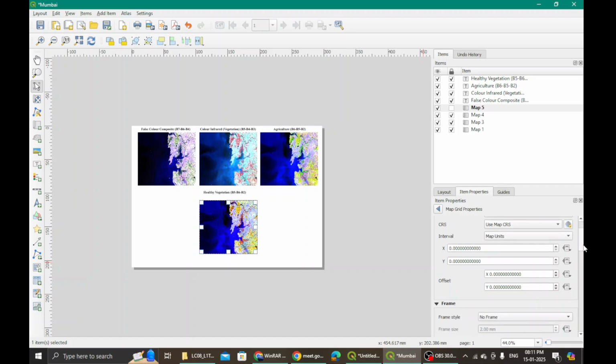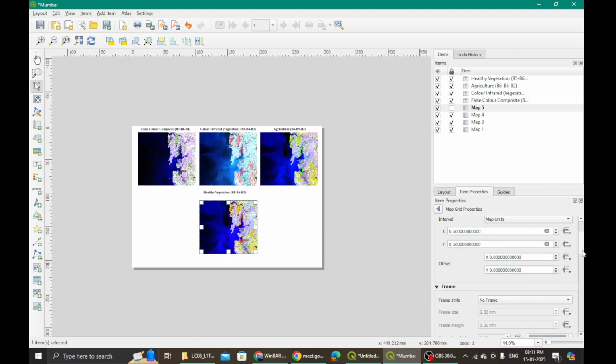And the interval will be, let's say, x is not 1 degree, maybe 35.5 degree. And here also 0.5 degree. I can change it later. Definitely, I can do that.